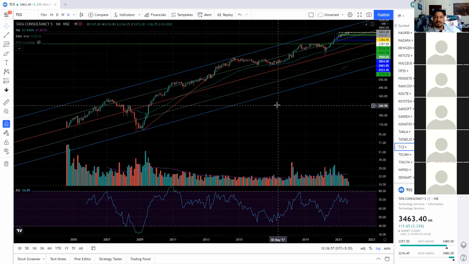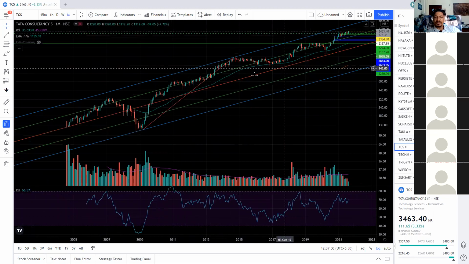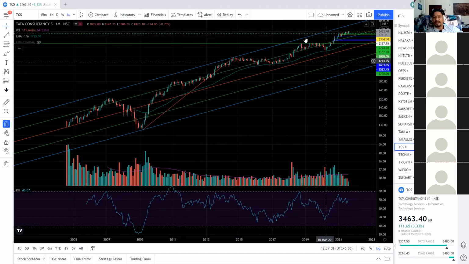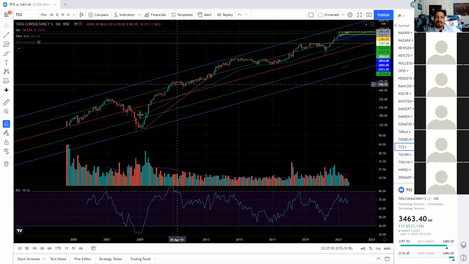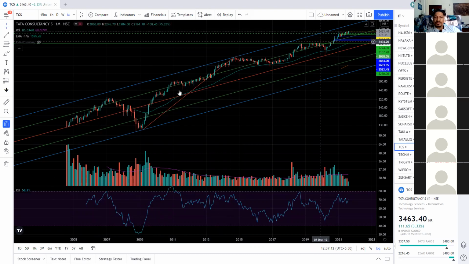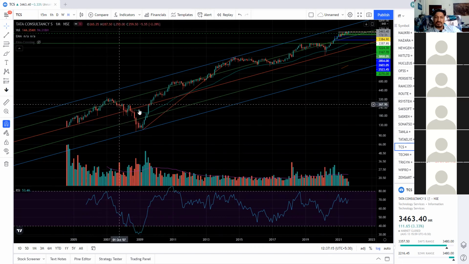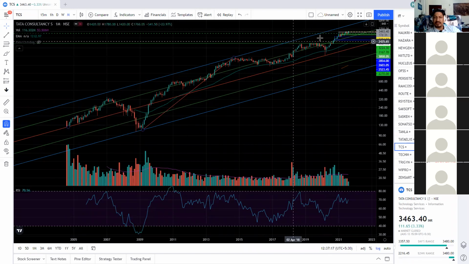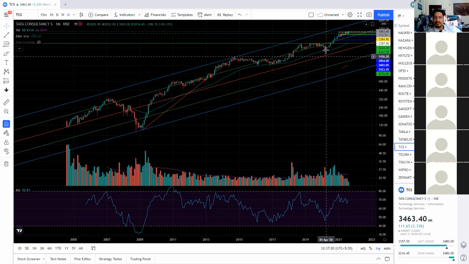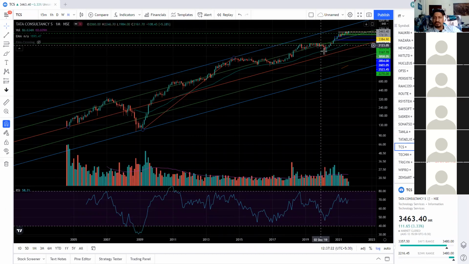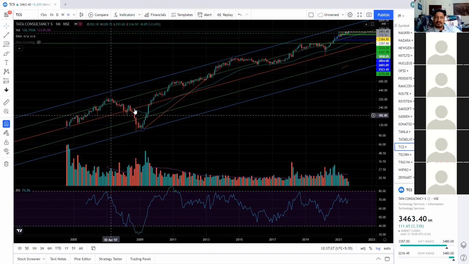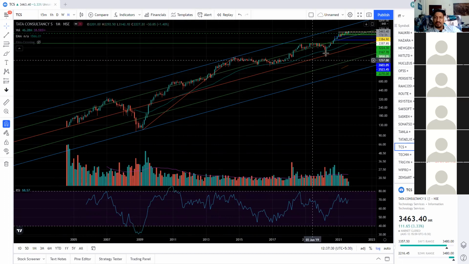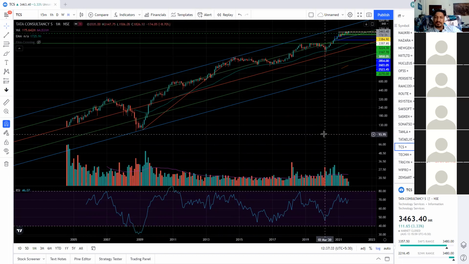Let's see here. This is a kind of channel, consider it the way I made the parallel channel. These are 4 channels. Okay, this is an extreme up and this is extreme down. Within this, TCS was almost every time on the upper side of the center line. Even this drop in March last year took the support on the upper side. See this line here, red line. How precisely it became the support here, right?